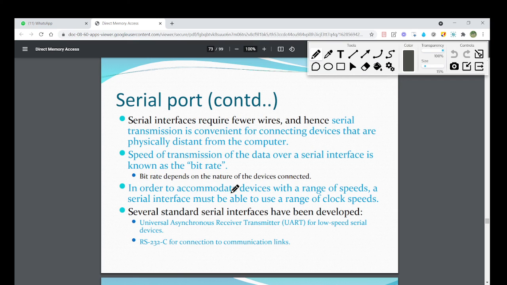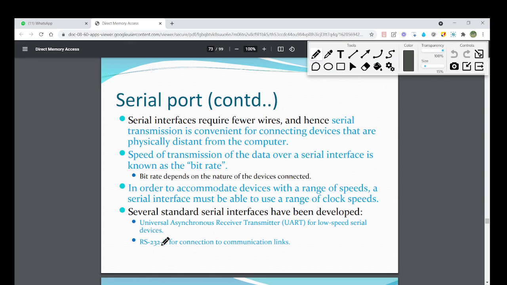In order to accommodate devices with a range of speeds, a serial interface must be able to use a range of clock speeds. Some of the standard serial interfaces are the Universal Asynchronous Receiver Transmitter, in short UART, which we use for low speed serial devices.